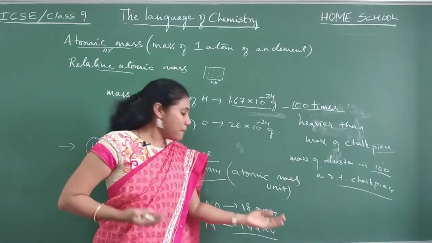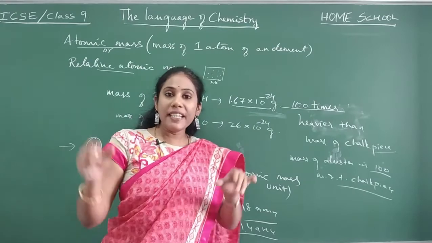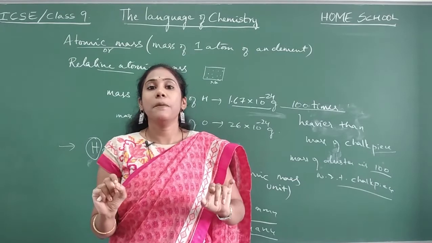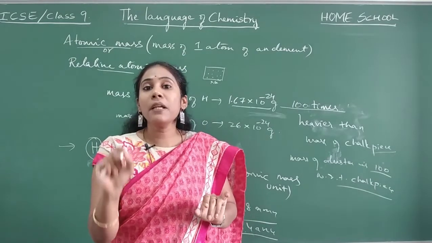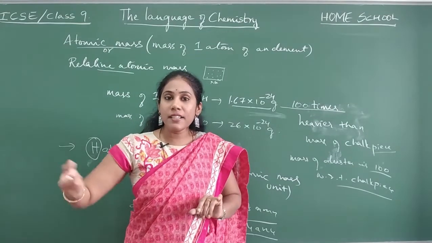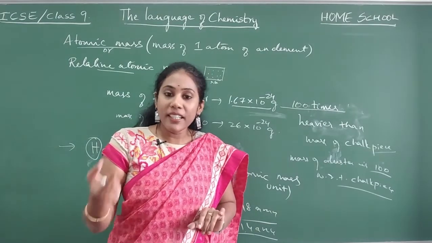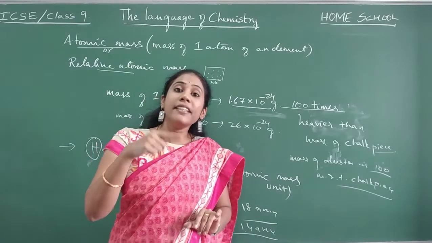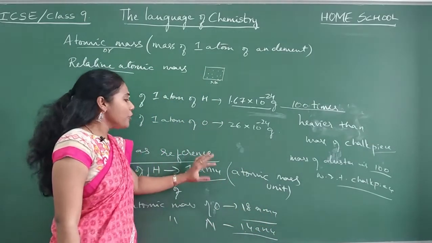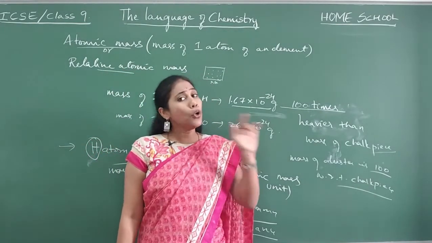These masses we call relative atomic masses. In chemistry, we find relative atomic masses only, and these relative atomic masses are put up in the periodic table. So whatever mass we discuss, say sodium's atomic mass is 23, that means sodium is 23 times heavier than one atom of hydrogen. This was the concept adopted by the old scientists.